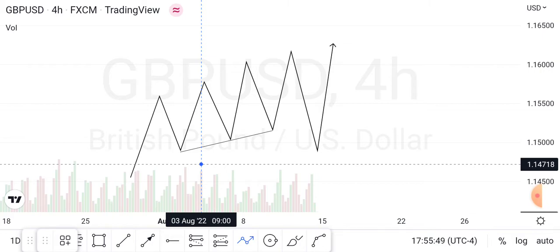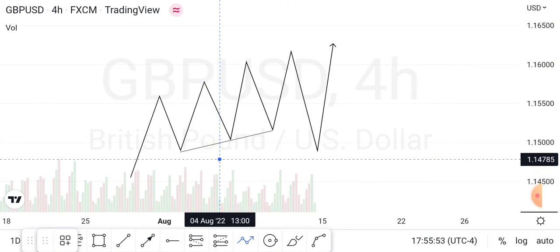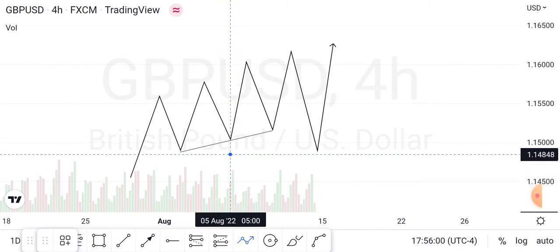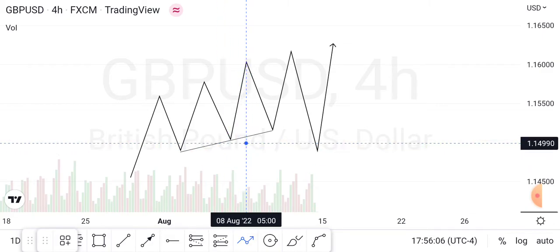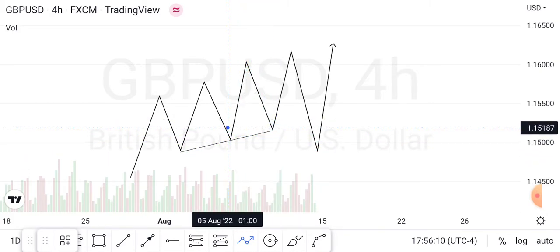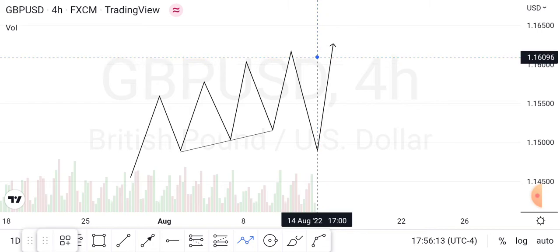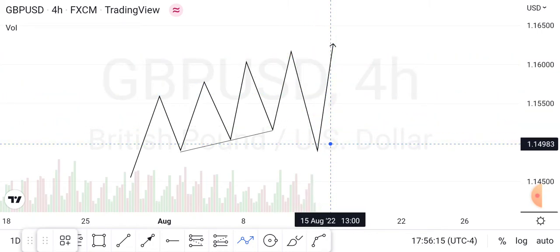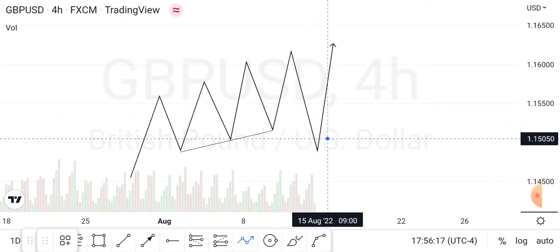Believe me, these guys, they don't like us. They are always after our money. So you just have to get that at the back of your mind. They are after our money. They don't like us. So after taking out these guys, the next target is us. Because they already know we see this liquidity grab here. We see the price grab all of this liquidity. We already have the break of structure. And they already know we are expecting the movement from this point.